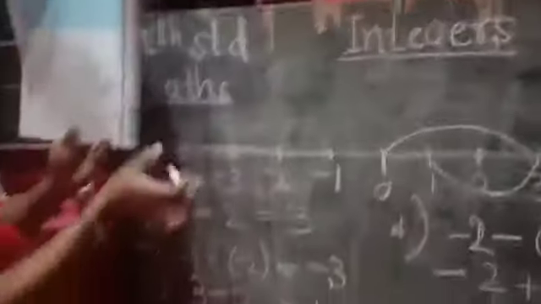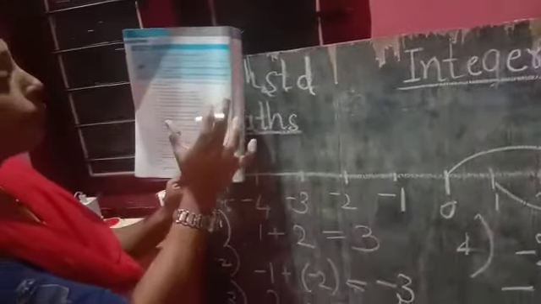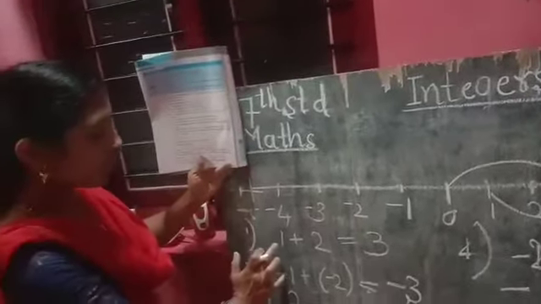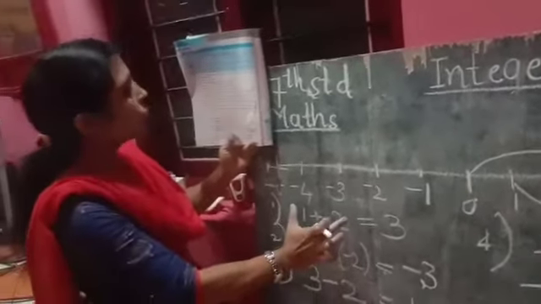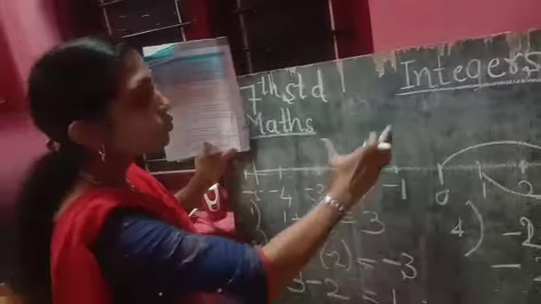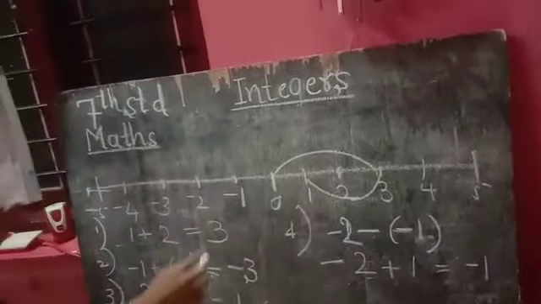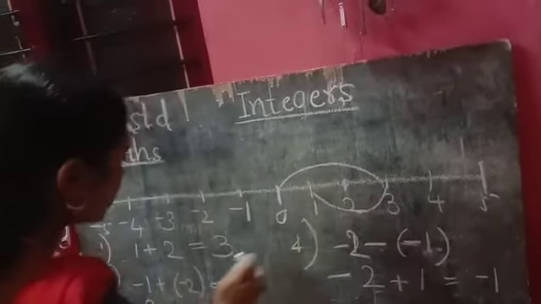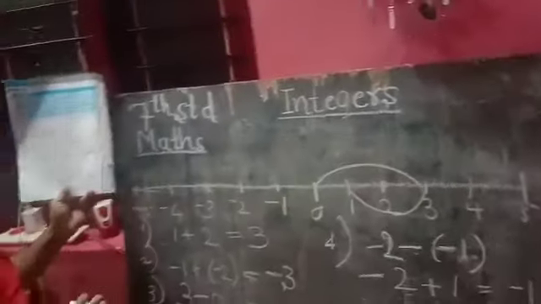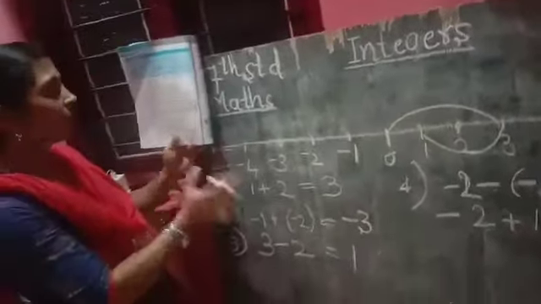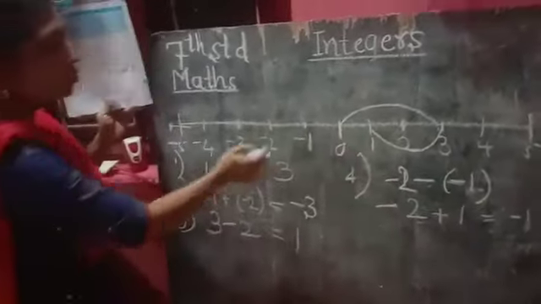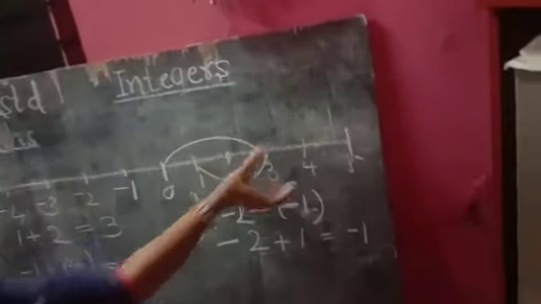First statement is on a number line. Here I have drawn one number line. On a number line, when we add positive integers, see here. First one example I am giving, already written here. This 1 and 2 both are positive integers. When we add positive integers, we move to the right side. See here in the number line. 1 plus 2: 1, 2. Answer is 3. We move to the right side. Hope you understood this statement. So when on a number line we add positive integers, we move to the right. So 2 plus 2, answer is 4. We are moving to the right side.